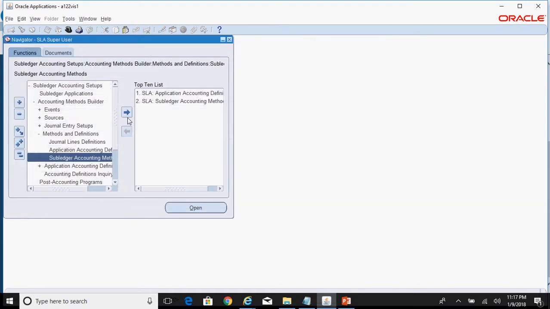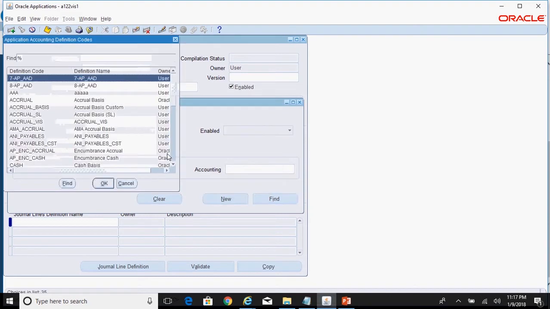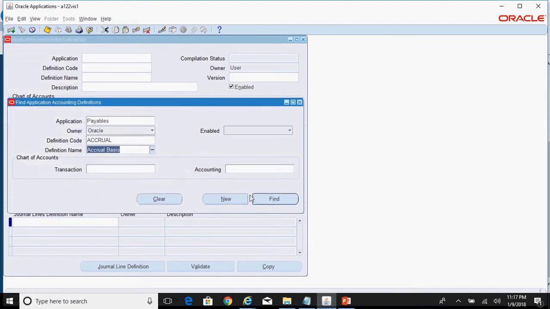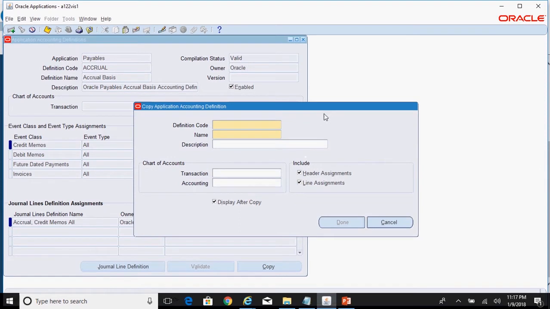Now close this form, go to the application accounting definition screen, Payables application, and query for Oracle provided accrual basis. I think this one, yeah. Now we want to copy this. Click on copy, create your own version.